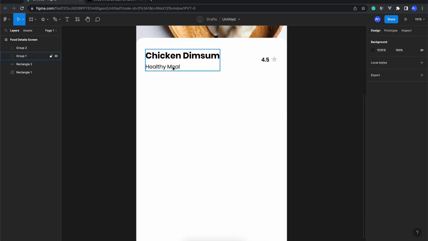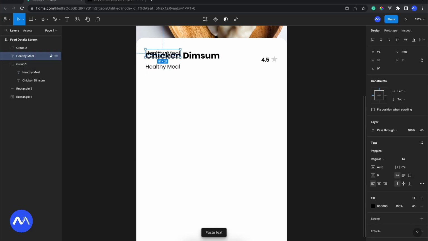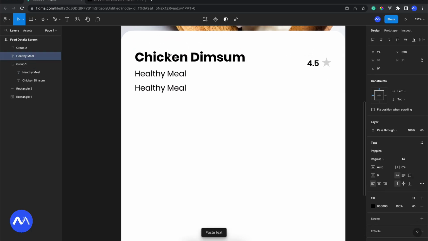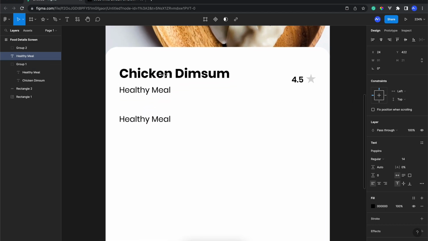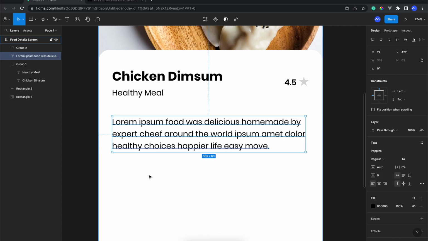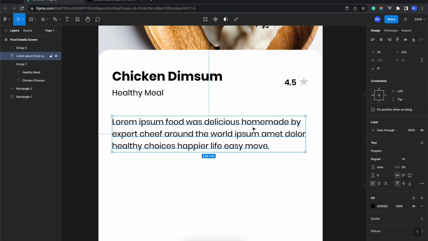And the next one, in this healthy meal, we're gonna copy and paste. We're gonna use this copywriting as the information about the food. I already wrote this dummy description, and we just need to select this paragraph, and we can click here in this line height.